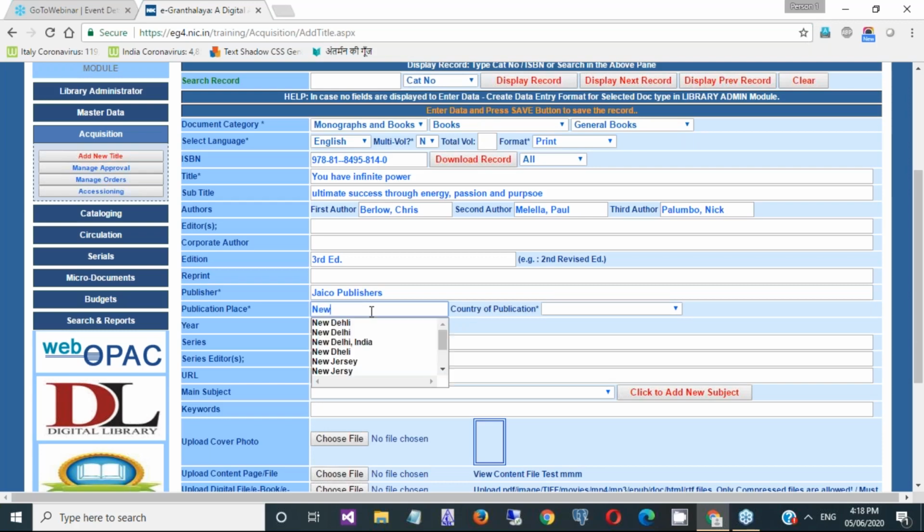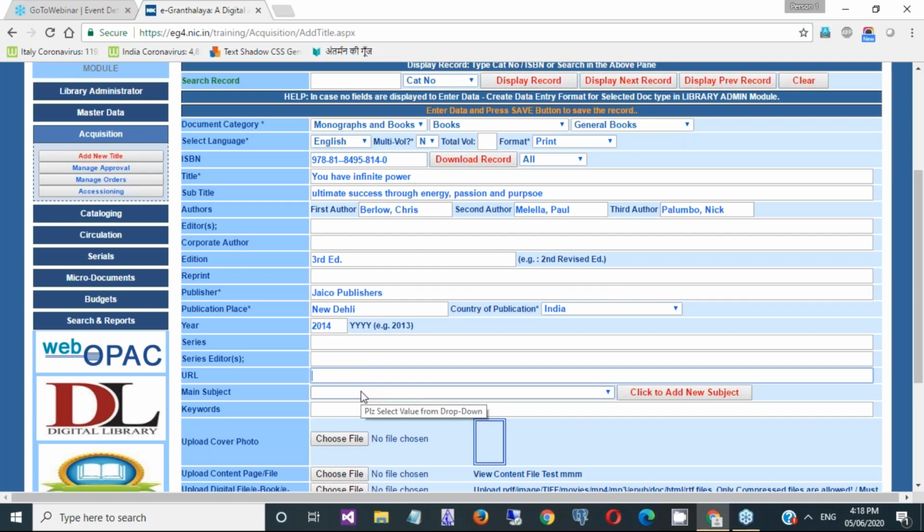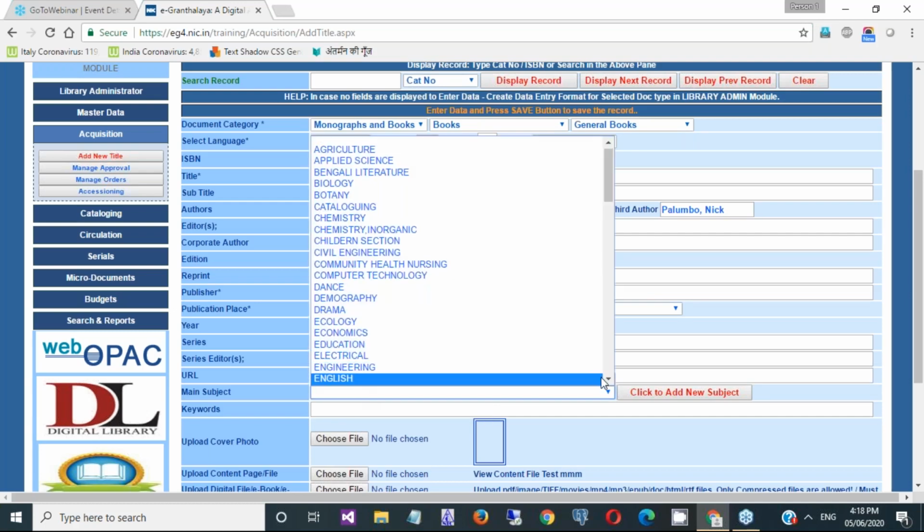Publisher place, country of publication, and then year of publication is 2014 basically. By default, the system automatically takes the current year. No series information, the book is not available online, nothing.